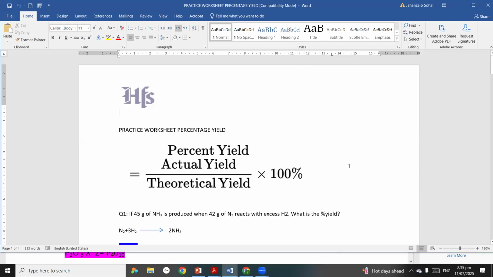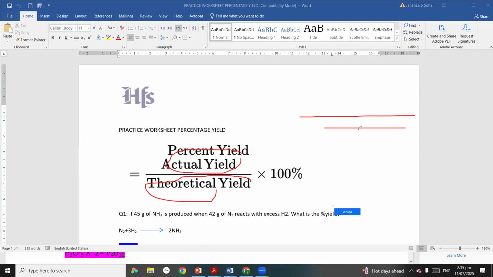Is it clear or not, beta? Yeah, it's clear. So percentage yield is based on the actual yield, what we produce practically in the lab, in industry, wherever you are practically preparing any product. That is your actual yield. And the theoretical yield is what you calculate on paper with your calculator: I will take this material, and the product will be this much. On paper, obviously, it must be 100%. You will divide both values so that you will get percentage yield.